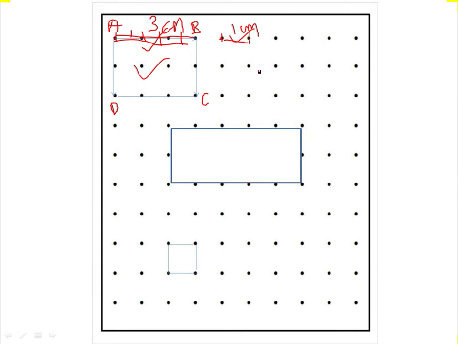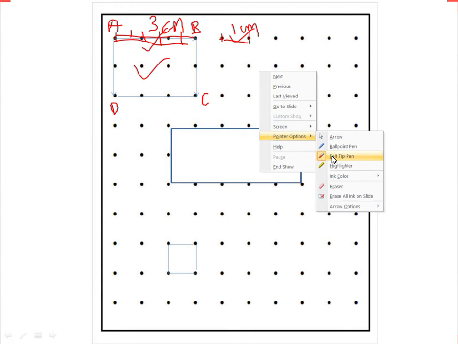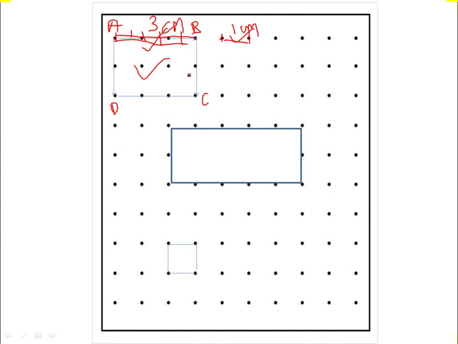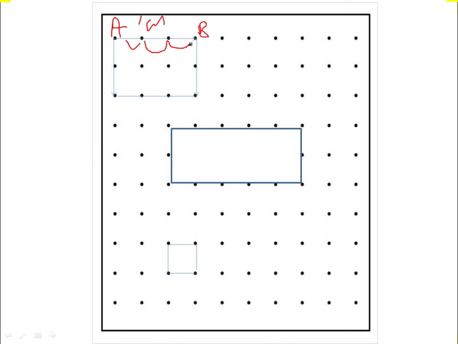Dear students, sorry, I'm unable to change the color. Now here you can see what I have told you. We have to simply count the distance from A to B. Now we know the distance between these 2 points is 1 centimeter, isn't it? So this is 1 centimeter, this is again 1 centimeter, and this is again 1 centimeter. So the total distance of A to B will be 3 centimeter, isn't it?